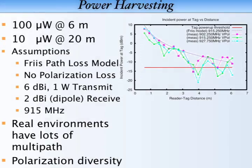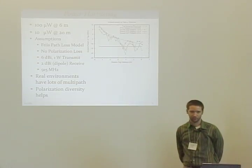So a key component of any RFID tag, any passive system, is the power harvesting, like we discussed. Well, this is a plot showing the Friis transmission model, or just the standard system. But the measured data, where you can see the spikes, was taken in an indoor lab environment. Not really a problem, but an issue in an indoor environment is the effect of